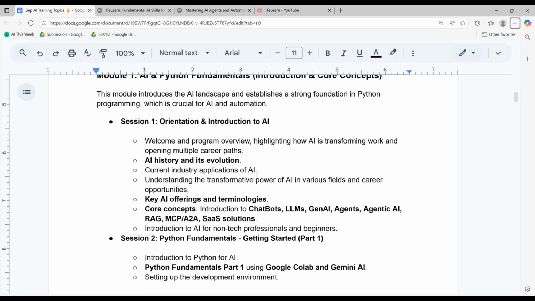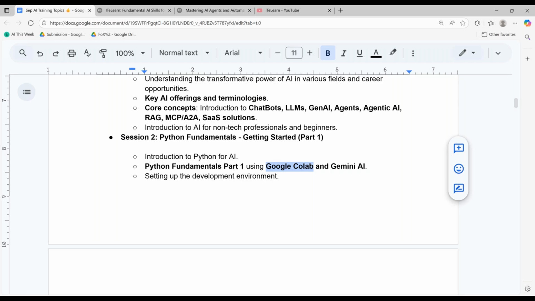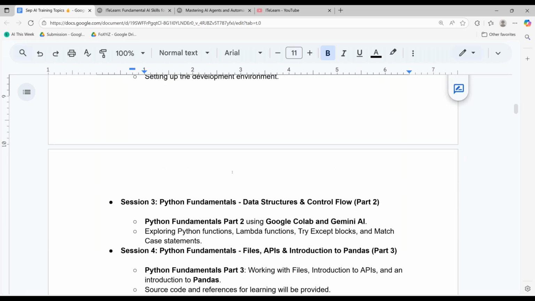What we'll do in the first session is get you prepared with AI. Let's start looking at some of the core concepts, chatbots, what is the future and evolution of AI, a little history, but let's jump mainly into using AI to do some programming. Google Colab is a great way, team, to get started. It helps us write small, simple Python scripts and be able to execute them. It might not do a full-fledged project with files and other integrations yet, but that's a great start through which we can learn Python fundamentals. And there's nothing much to set up there.